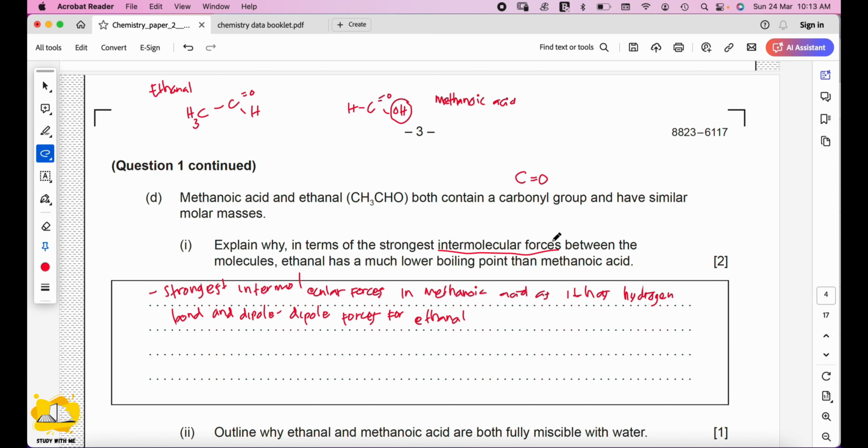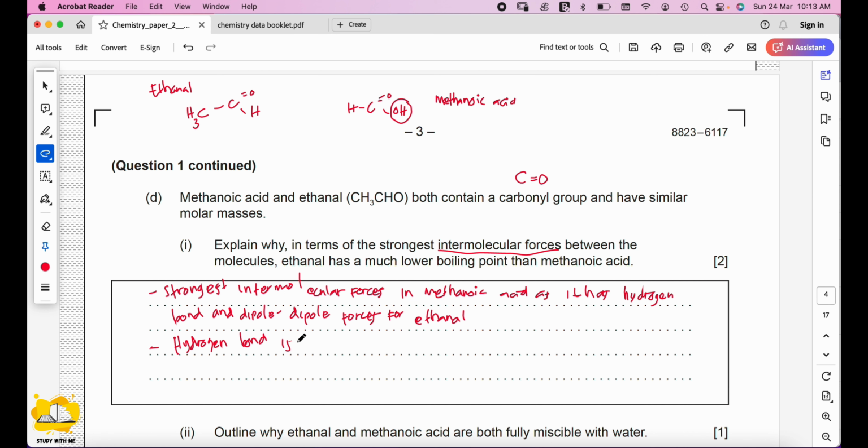So for intermolecular forces, you have hydrogen bond, dipole-dipole, and London force. So ethanal contains dipole-dipole force. And the second one, hydrogen bond,